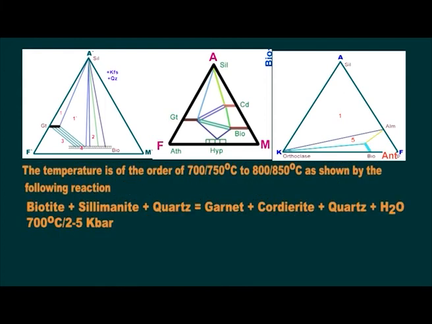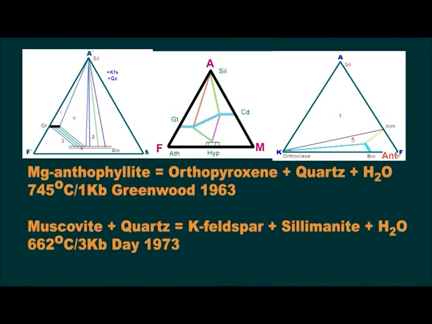The temperature is of the order of 700 to 750 degrees centigrade, up to 850 degrees centigrade, as shown by the reaction biotite plus sillimanite plus quartz gives rise to garnet plus cordierite plus quartz plus H2O, 700 degrees centigrade, 2 to 5 kilobar. Mg anthophyllite gives rise to orthopyroxene plus quartz plus water, 745 degrees centigrade, 1 kilobar, carried out